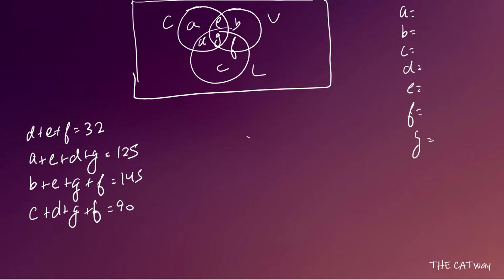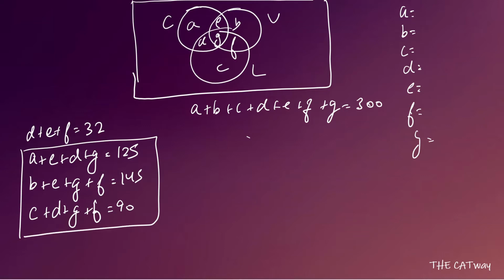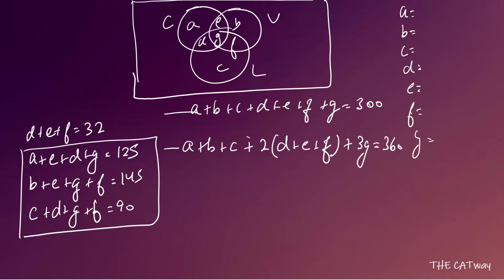Also we have been given that A plus B plus C plus D plus E plus F plus G is equal to 300. If we add all these three, what do we get? We get A plus B plus C plus 2D plus 2E plus 2F plus 3G equal to 360. Now if we subtract this one from this,